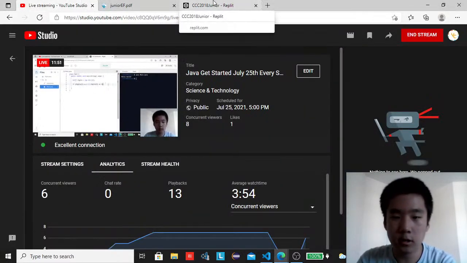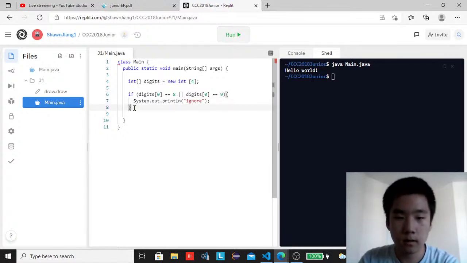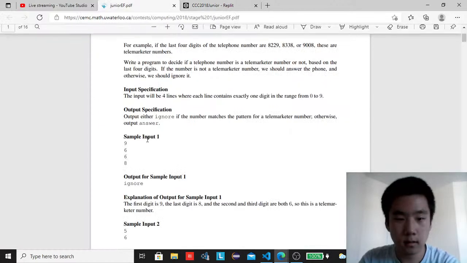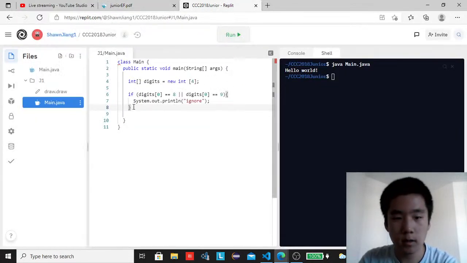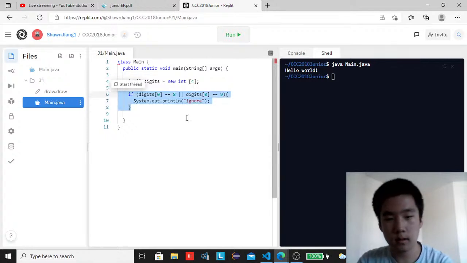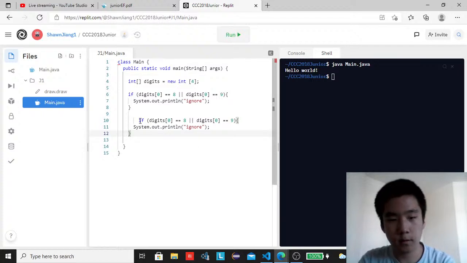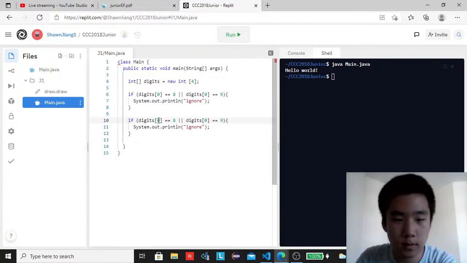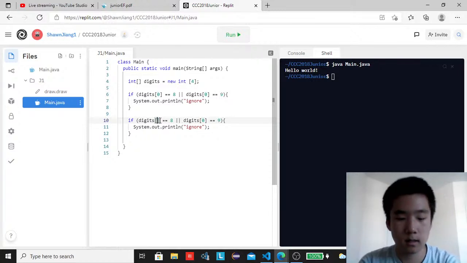If you guys have any questions, feel free to ask in the chat. Alright? So we've got the first condition down. The second one is the last digit is an 8 or 9. What we can do here is copy this statement, and instead of rewriting it, just replace the index with the index digits